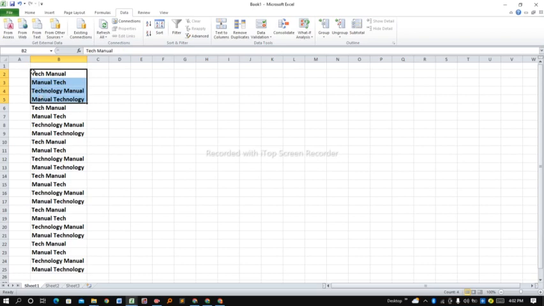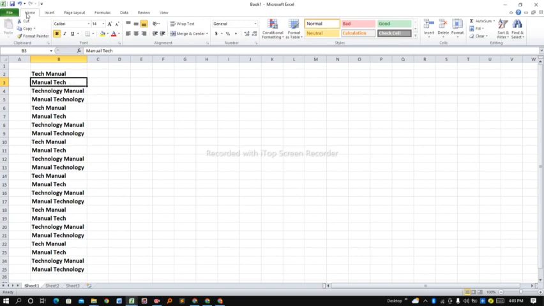four words that are written differently, but these other words that are following here down, they're just repetition or duplicates of the first four words, which is tech manual, manual tech, then we have technology manual, and then manual technology. So before I show you how you can remove duplicates using Microsoft Excel,